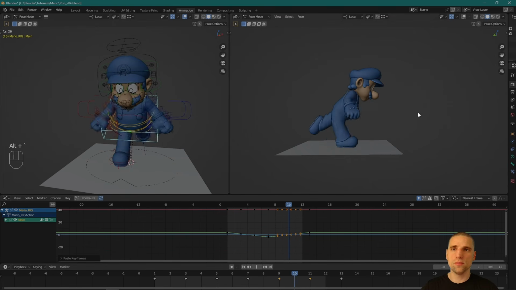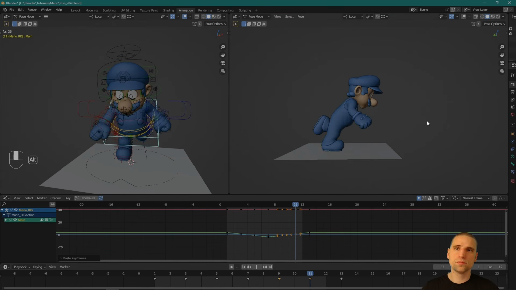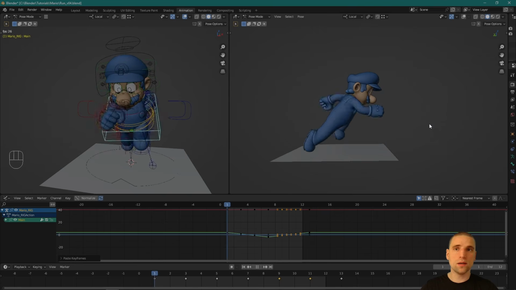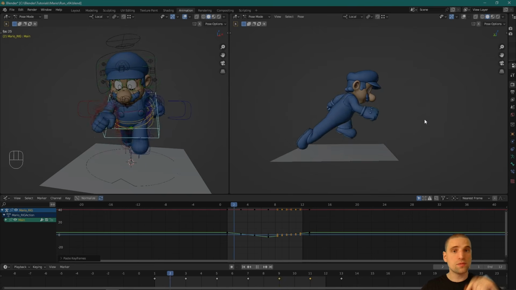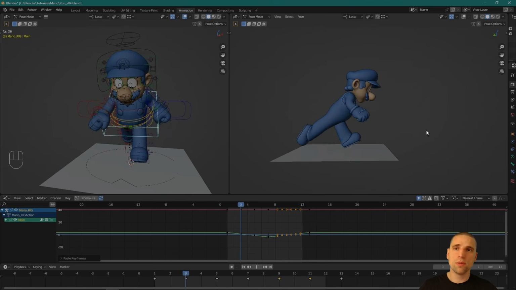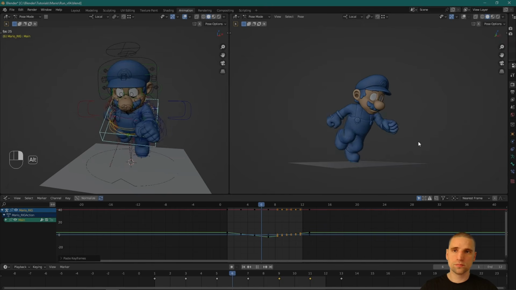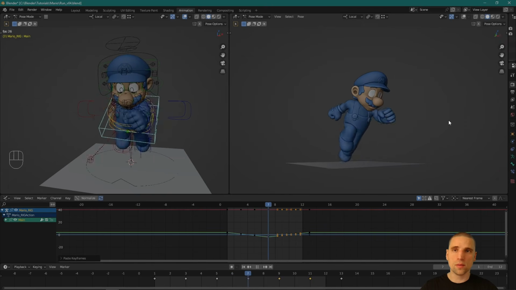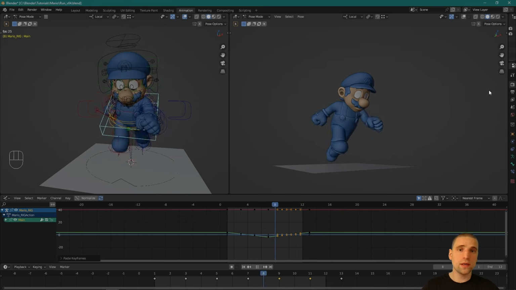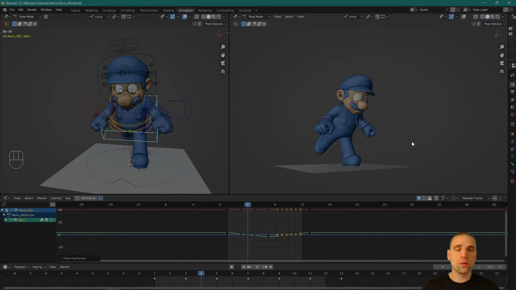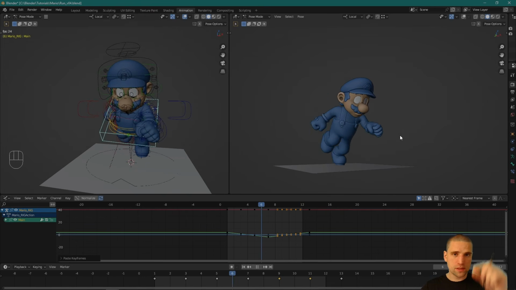Let's play our animation. Cool. So it's a rough idea of that cadence, of the distance of the up and down. But already Mario is starting to take shape. So if you got to this point, really nice job. From this point it only gets easier, because we're going to refine the up and down of the COG, and